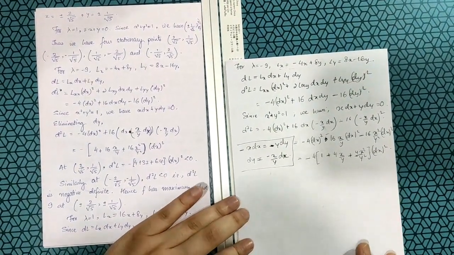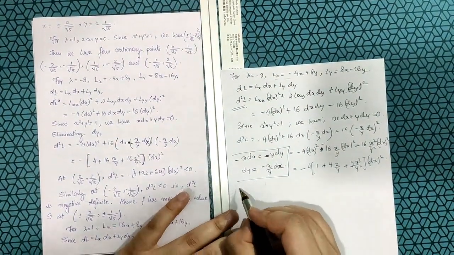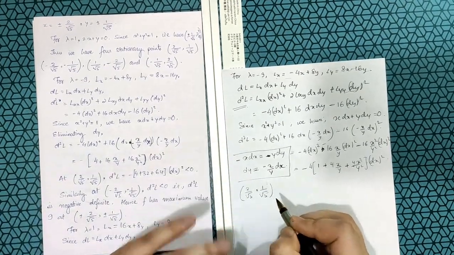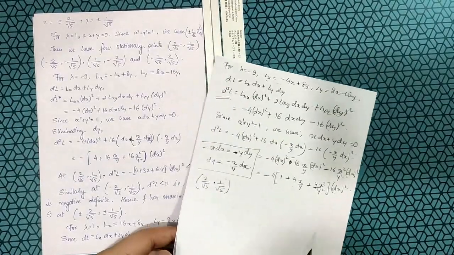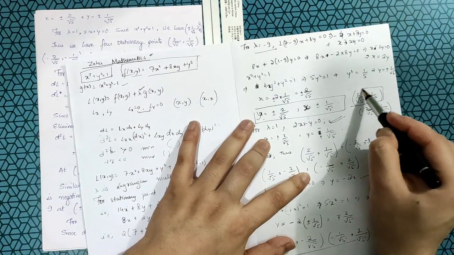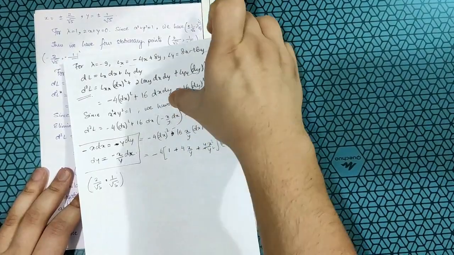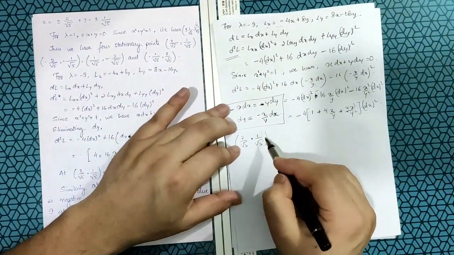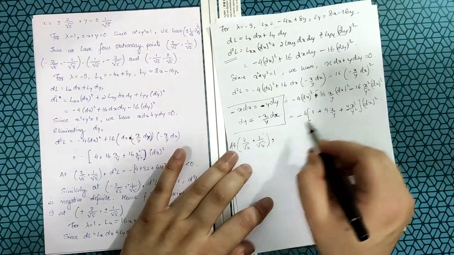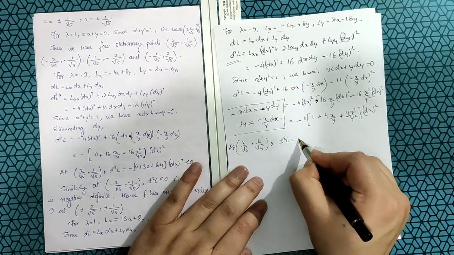So we now try to find the values for which this is. At this stationary point, let us check. At this stationary point, as we know, the stationary point for lambda is equal to minus 9, where x and y take these values. So putting the values of x and y, what we get is d2L is equal to minus 4